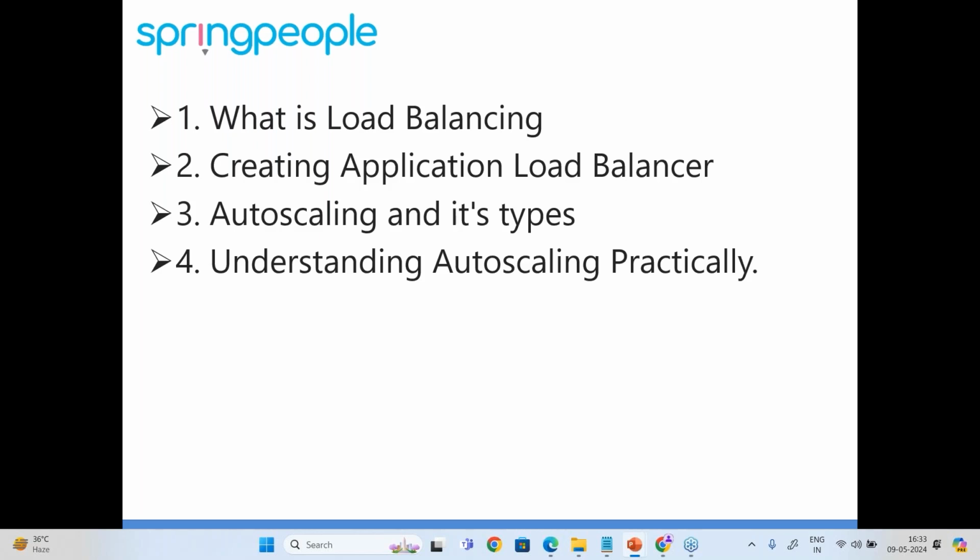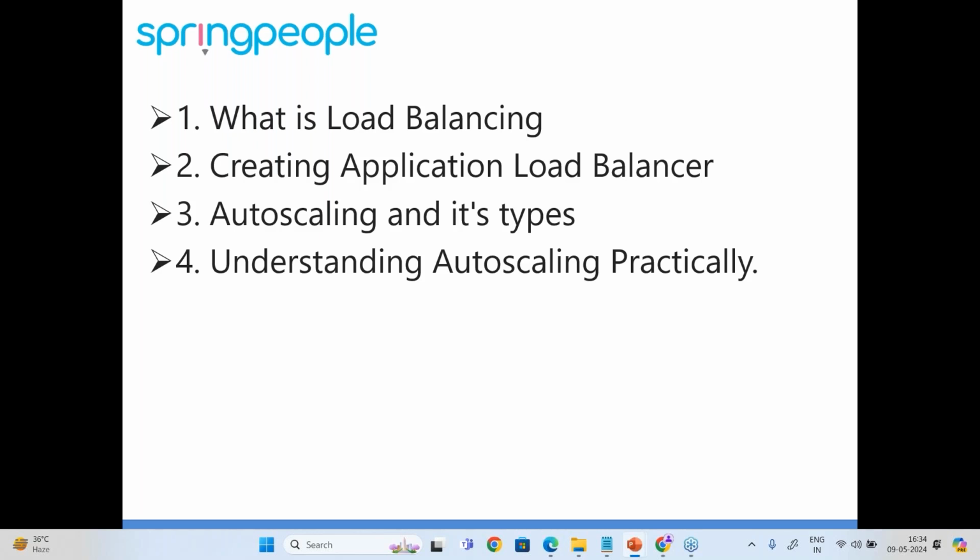Before I start anything, there are some prerequisites. If we are going to understand load balancing or auto scaling, we must have knowledge of servers, VPCs, and security groups.